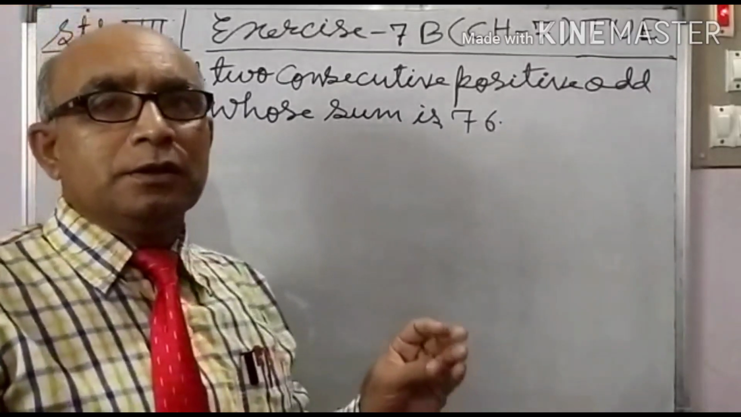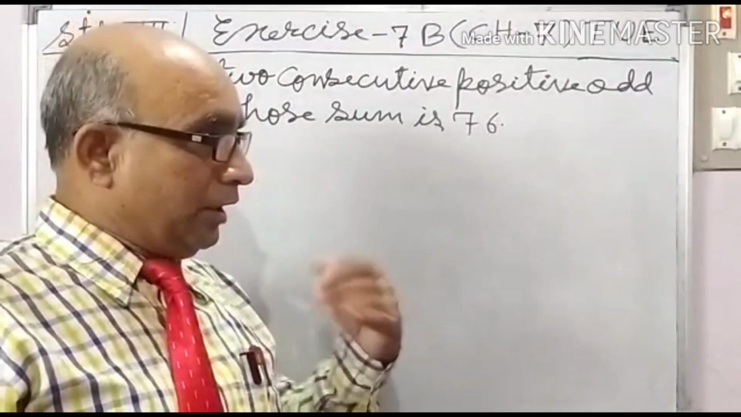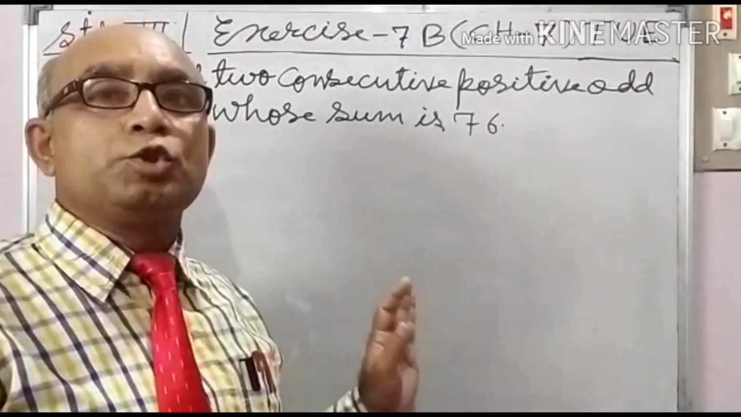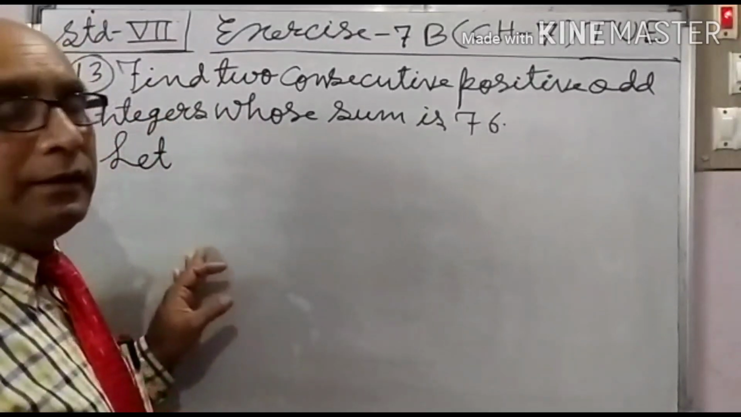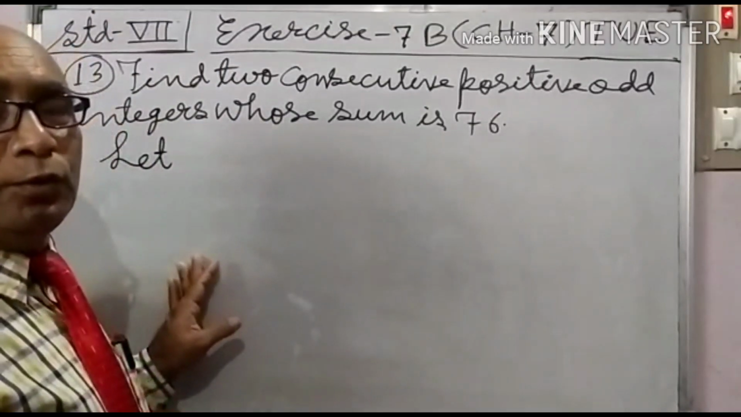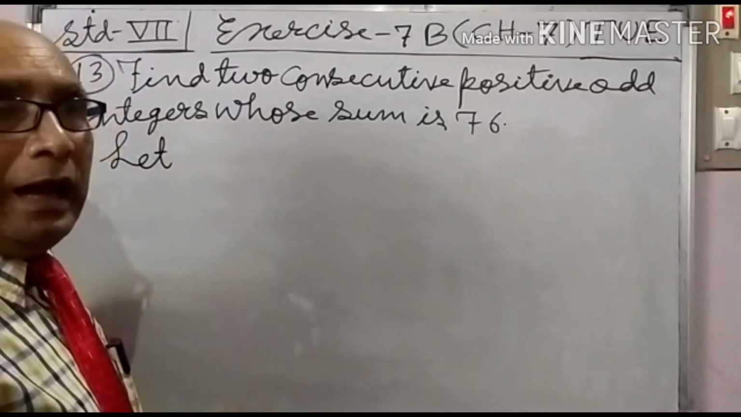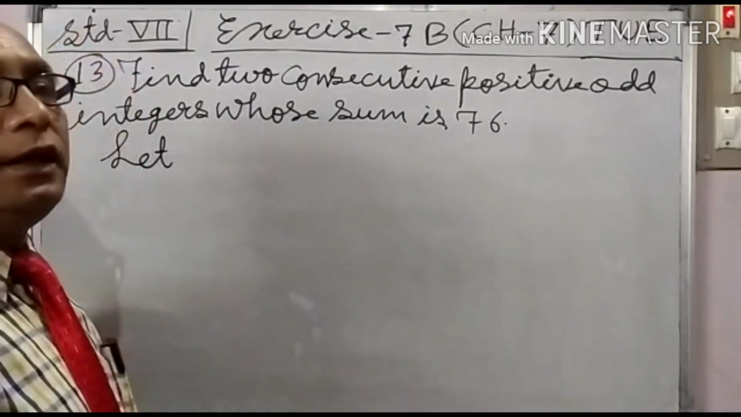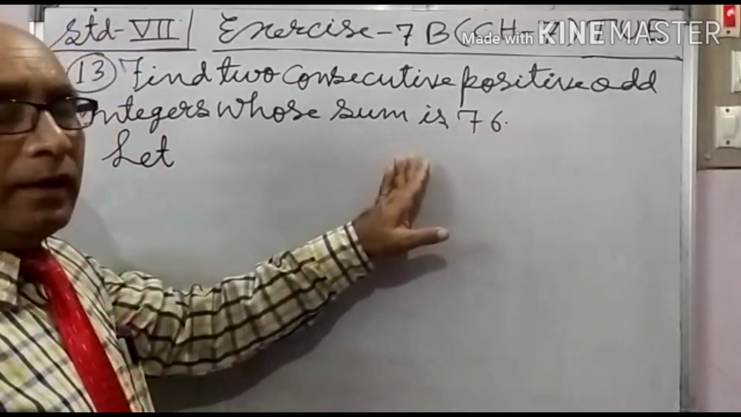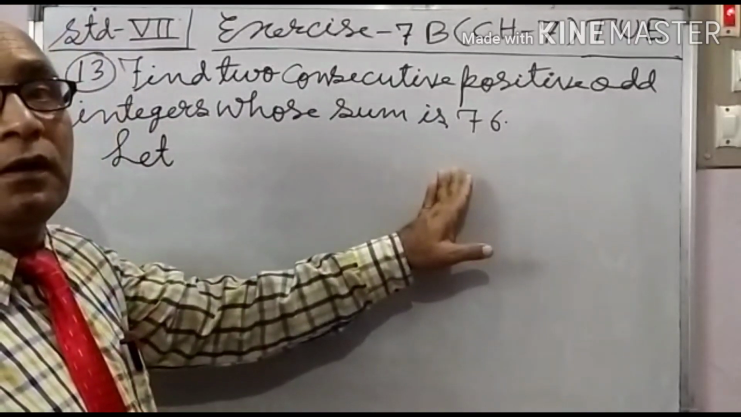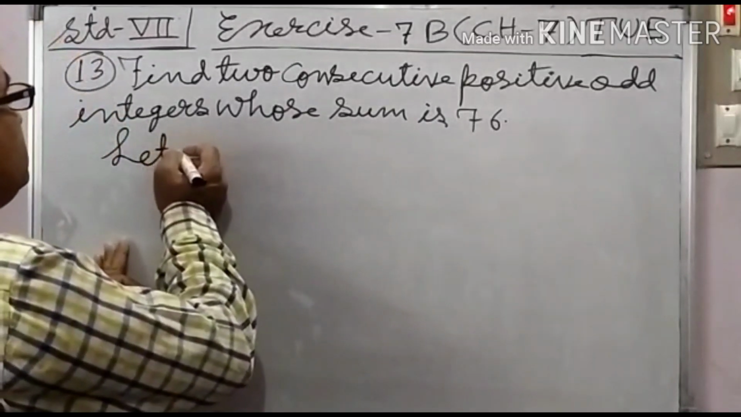Odd numbers mean 1, 3, 5, 7. The difference between two odd numbers is 2. Any number multiplied by 2 is changed into an even number, and an even number plus 1 is an odd number, such that 6 is an even number, 6 plus 1 is 7, and 7 is an odd number. So let